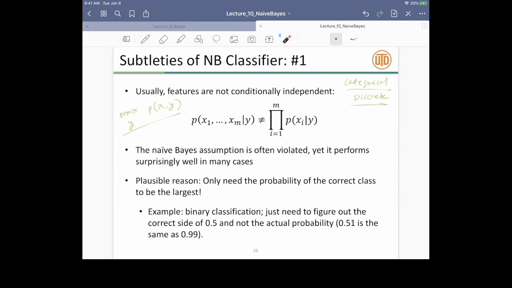Unfortunately, the naive Bayes model is a very bad model for this. You will not get reliable probability estimates, right? And the main reason for not having reliable probability estimates is because the conditional independence assumption itself does not hold. If the conditional independence assumption holds, then fine, I can assume that you have good probability estimates, right? So that is one caveat of naive Bayes to keep in mind.